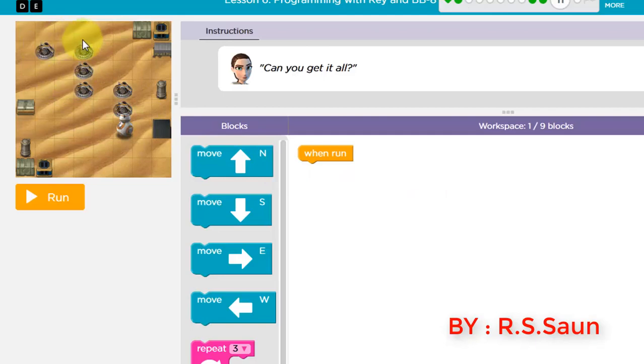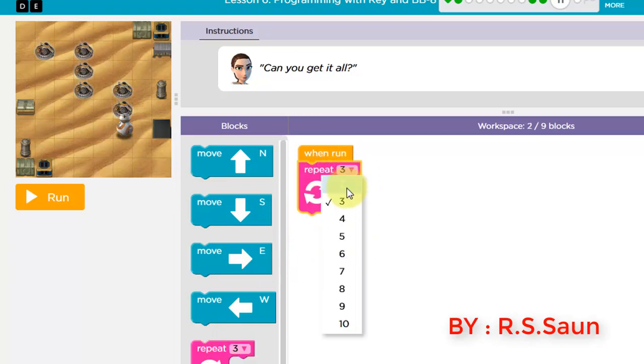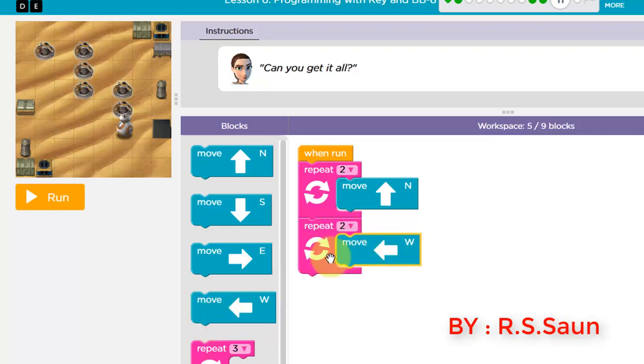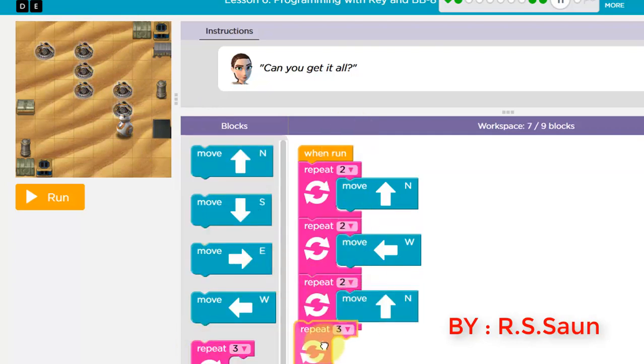Again here we can use a nested loop or we can have a sequence of loops. So I'm going to use a loop toward the north direction. You can see from here to here it will reach up till here, and then I have to move 2 steps toward the west. Now what I can do is copy these steps one more time. So one way of doing it is like this: move toward the north and 2 steps toward the west. This is one way of doing it. I will show you another way also.